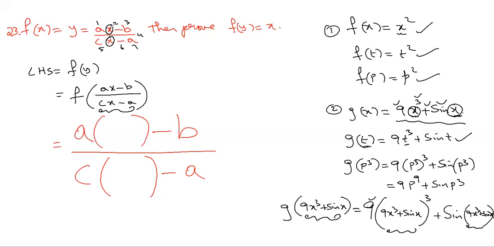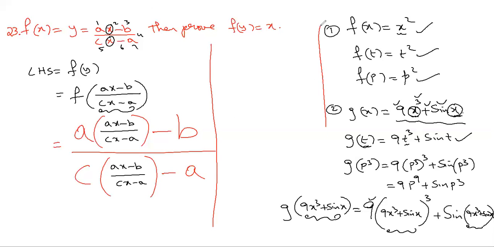The input is the same as the definition, that doesn't matter for us. The input from here you need to copy it as it is. (ax minus b) by (cx minus a). We are done with the problem. In the previous case, we don't need any simplification because we can't simplify it further. We left it like that. But in this case, it is possible to do some simplification. That's why we'll do some simplification.